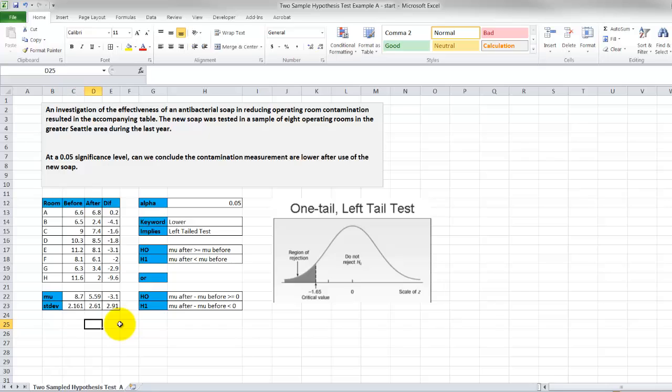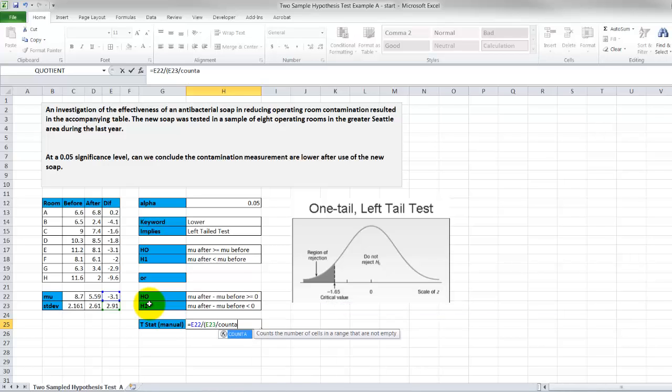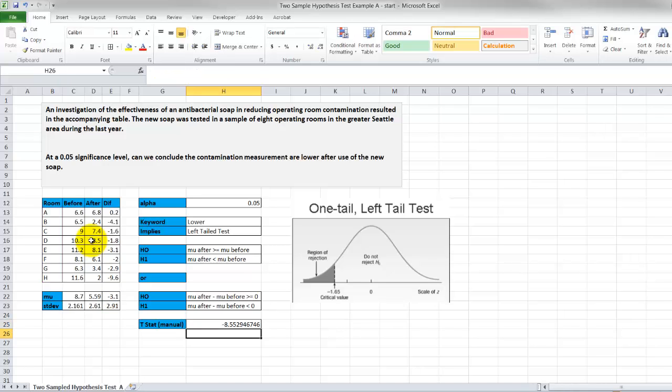We have a t-stat, and I'm going to just call this manual, because I sort of have a surprise for you, if you will. Okay, t-stat is going to be the difference divided by, make sure you got your parentheses, standard deviation divided by, it's going to be 8. I'm going to go ahead and write a count statement and count how many rooms I have. That's going to return 8, so I can calculate that t-stat as negative